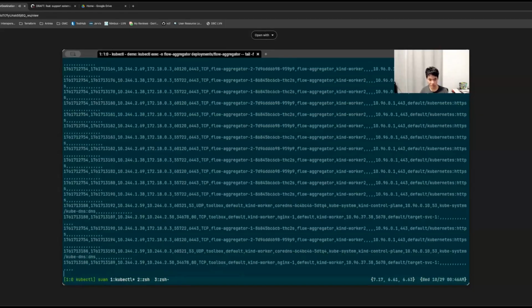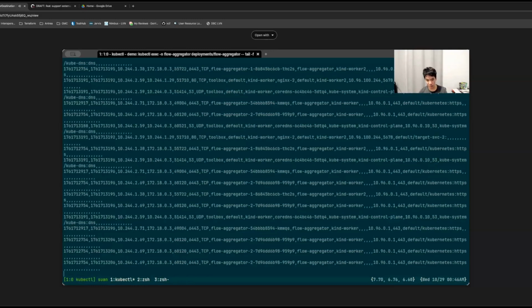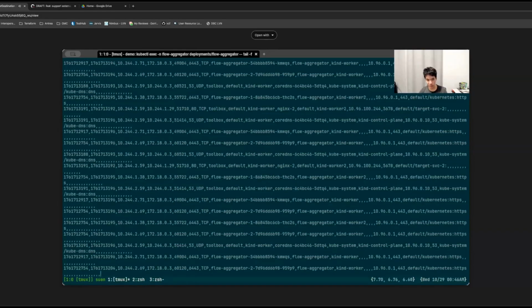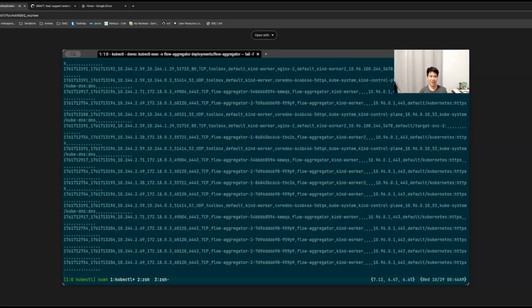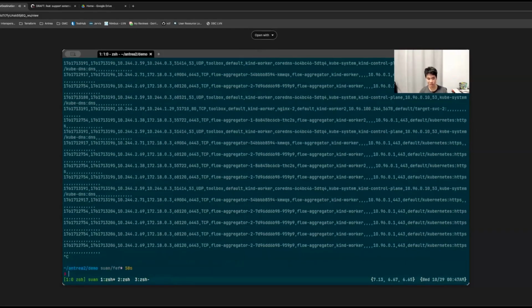So over here we should now start seeing, I'm going to scroll here a little bit, you'll see some TCP connections from our toolbox pod hitting the Nginx 1, and there should be another one over here for TCP connection from Toolbox hitting Nginx 2, which is the two that I was connecting with earlier. So perfect. Now that we see some flows coming in,